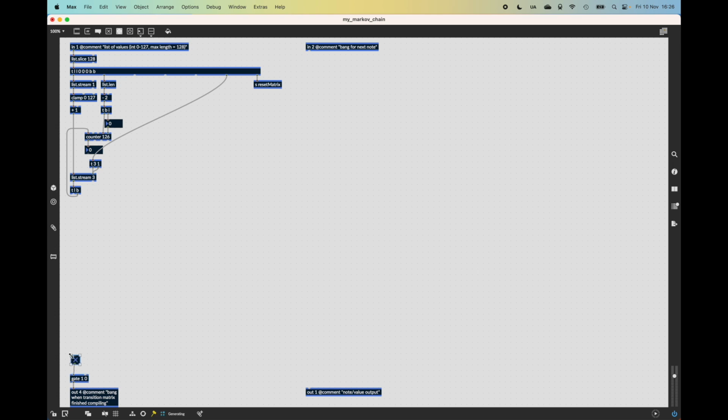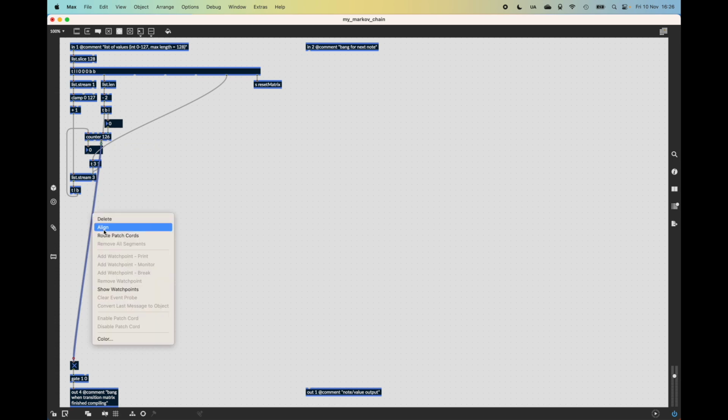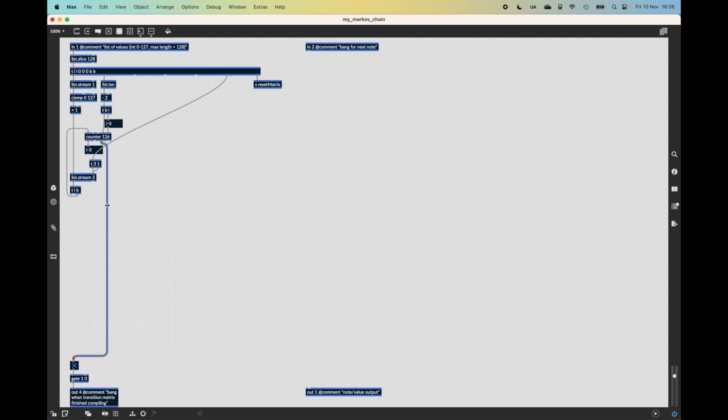We can visualize that just by connecting this to a toggle, so we can see what happens, and then we will get a 1 whenever this hits the maximum, and then it'll go back to 0 when we are not at the maximum, which is quite effective. So we will need to route that. Aligning it won't work in this instance. Just stick that down there, and then essentially this is going to take the current note that is being stored